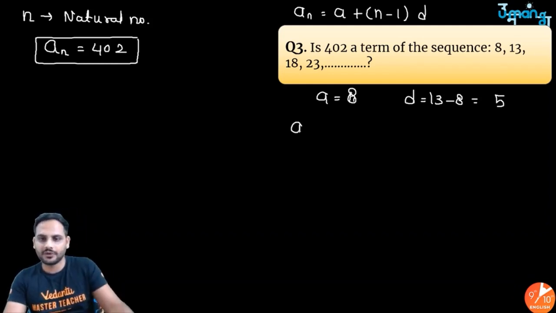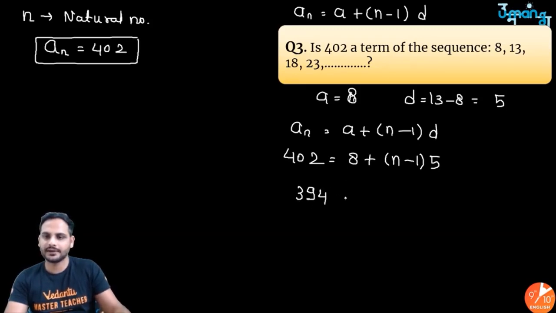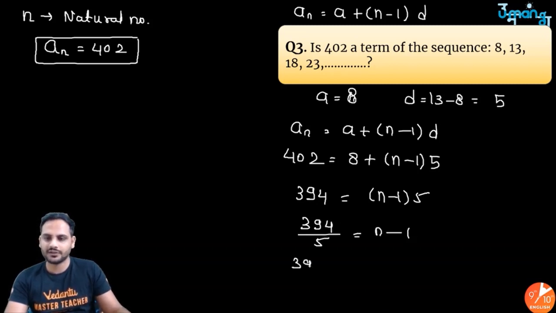So let us solve it for an is equal to a plus n minus 1 into d. I have taken my nth term as 402 is equal to 8 plus n minus 1 into d, which is 5. Shift 8 over there. So you will be getting 394 is equal to n minus 1 into 5. Shift 5 in division. So 394 by 5 is equal to n minus 1. Shift 1 over there. So 394 by 5 plus 1 is equal to n. So I am getting n is equal to